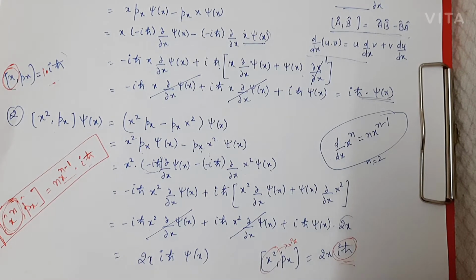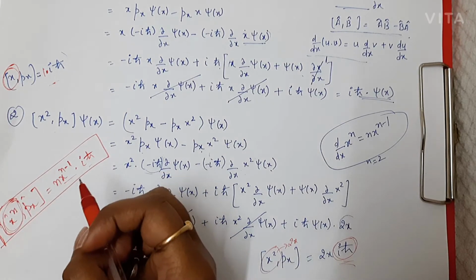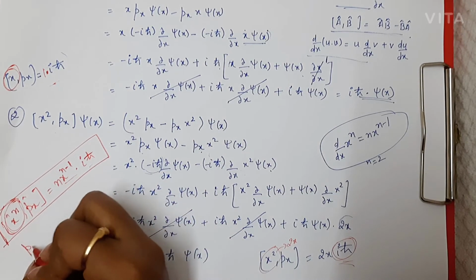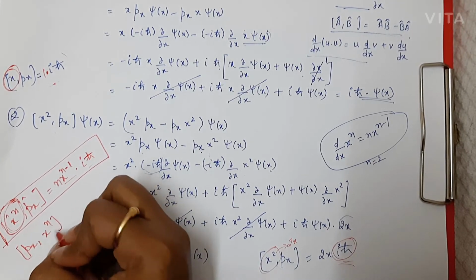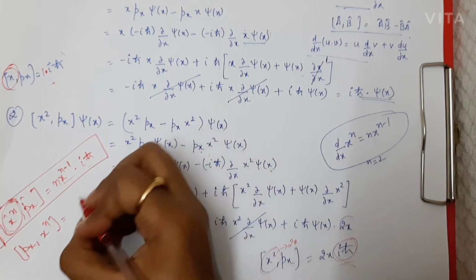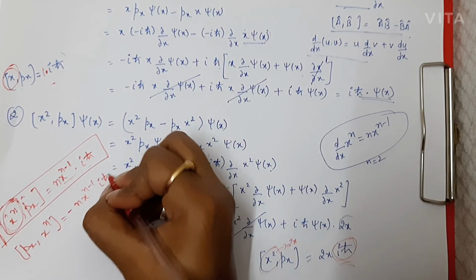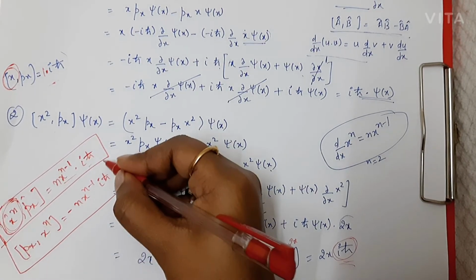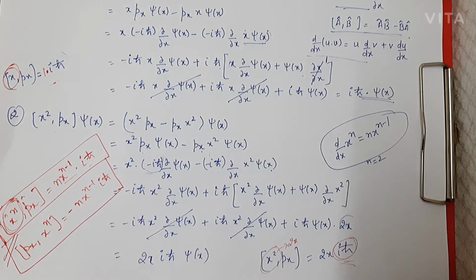Now because commutator operators are antisymmetric, what we can expect from here, just like the previous case, is that if in this case also we want to find out the commutation of px and x to the power n, then just introduce a negative sign: n x to the power n minus 1 into iota h cross, remaining will be same. So these are the two generalized relations when we have position as well as p operators.